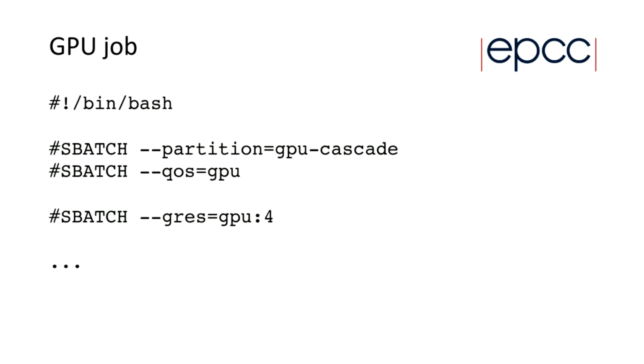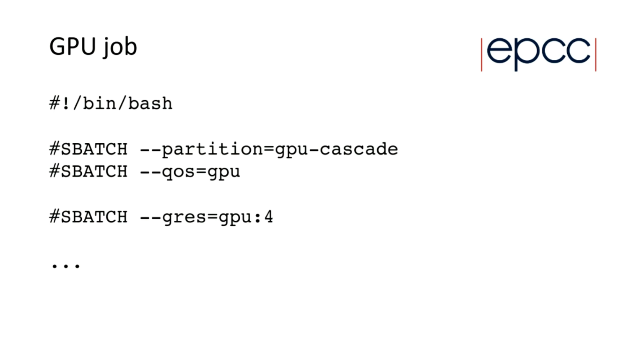So if you can compile your application, you can then think about submitting a job. This all looks much the same as it was before, except for the 3 things seen in this slide. The partition must now be GPU cascade, to separate it from the older GPU Skylake nodes. The QoS is also equal to GPU here,